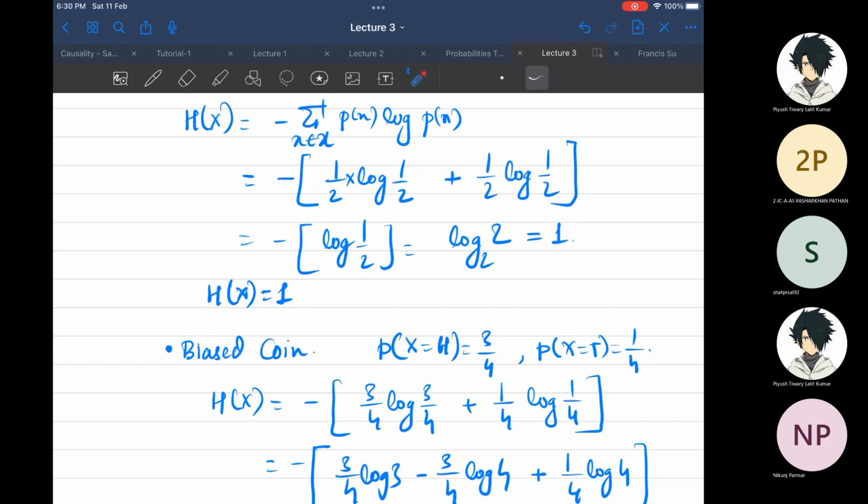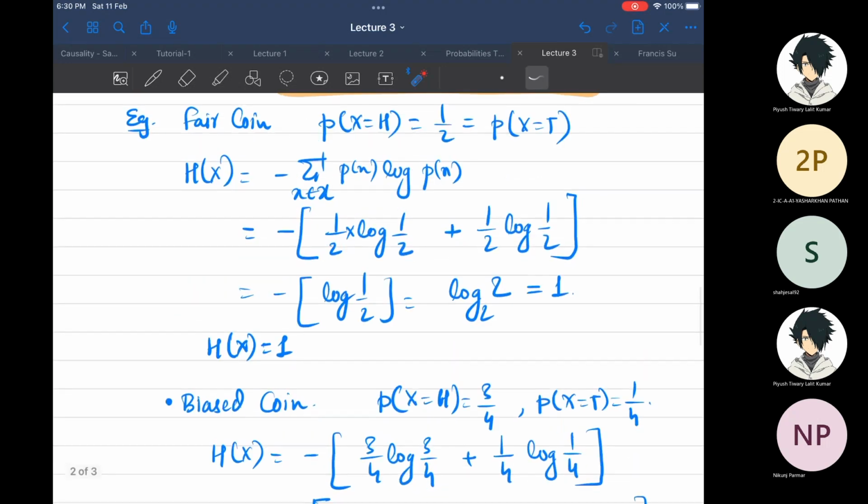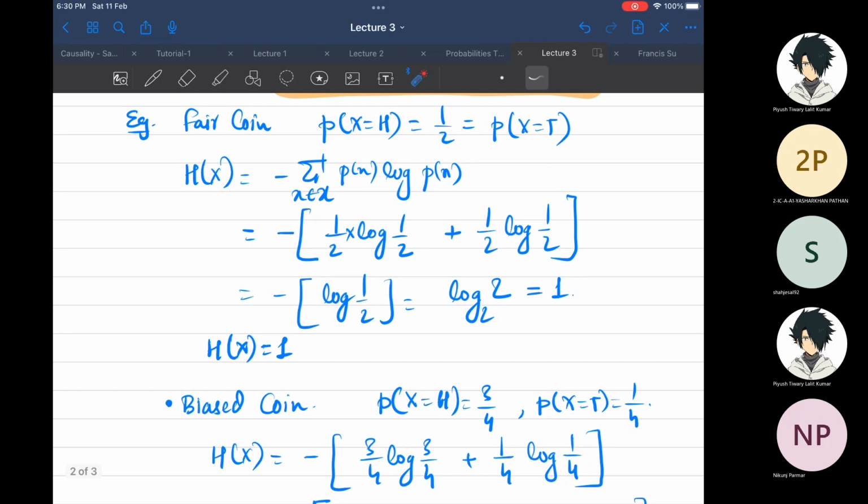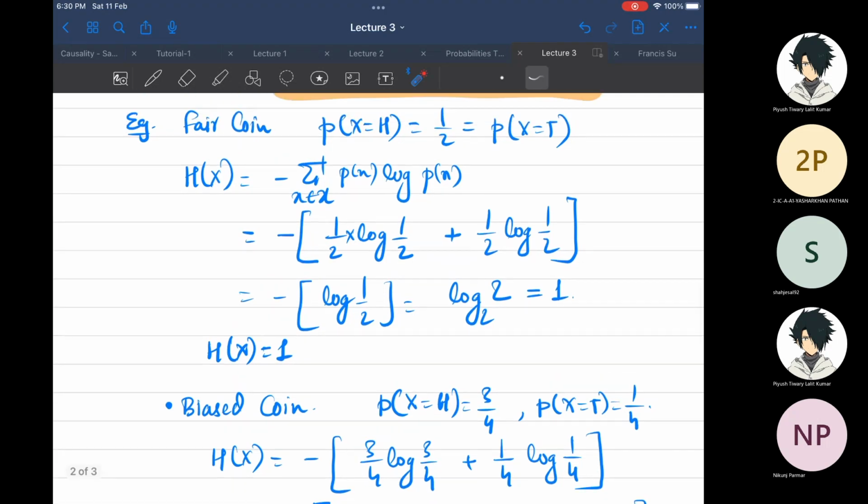So we will denote entropy by H. In general the entropy is denoted by H. So we saw that the entropy of this system is 1. So in some sense, it is saying that the amount of randomness in this system is 1. Now you will ask me, okay, you did this calculation, but why should I believe you? How can you justify this one?